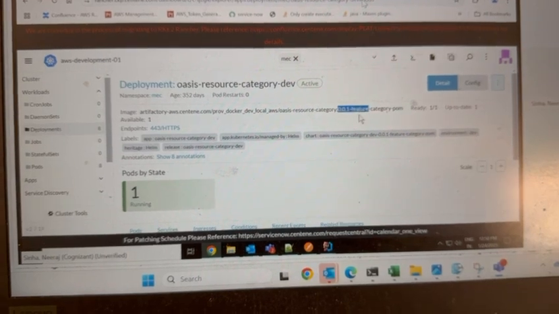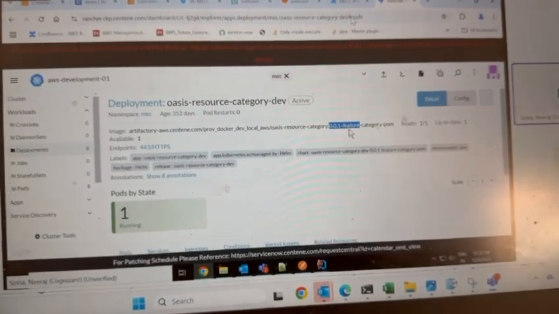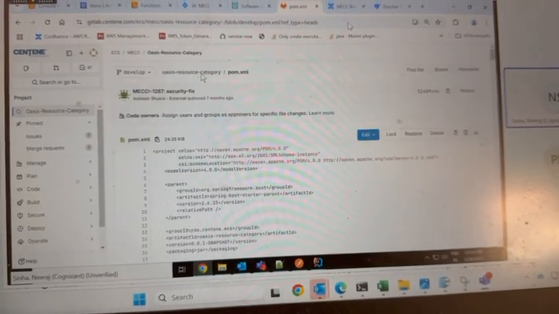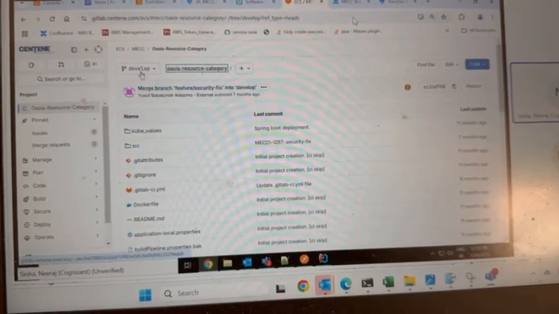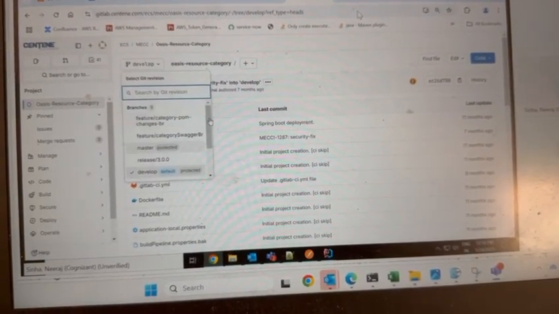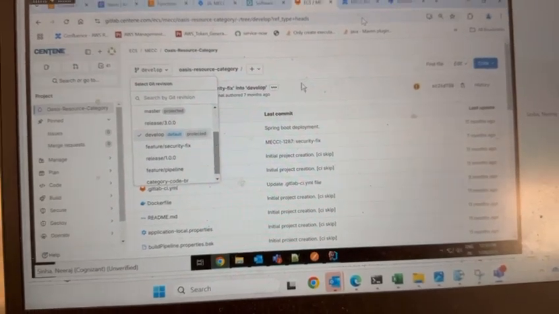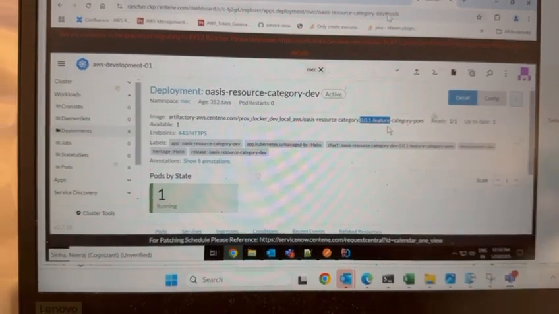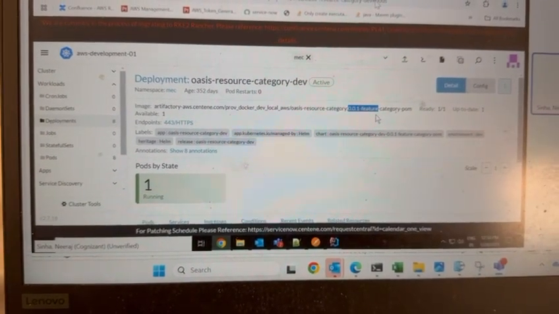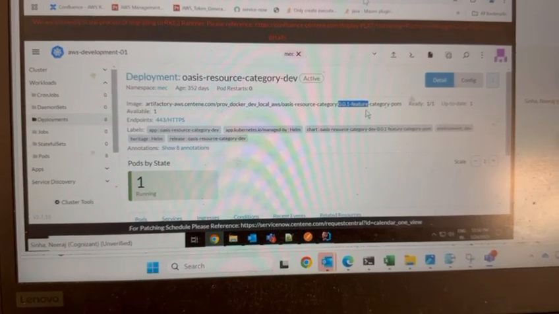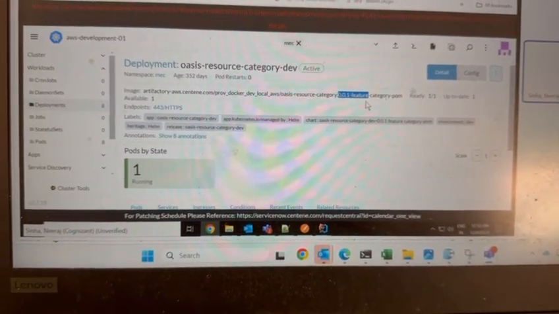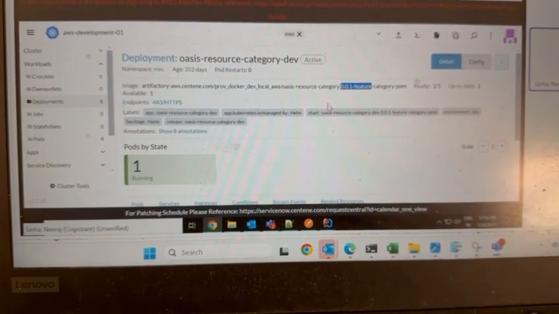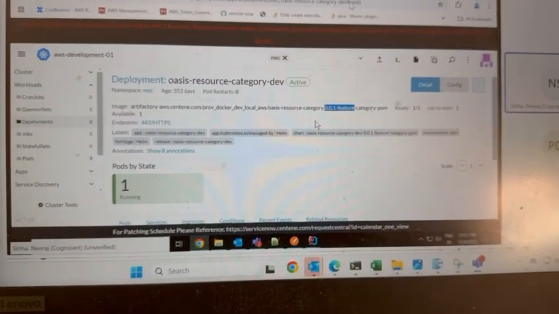this is basically the feature branch name. Feature branch name, this is. So let's go to the feature branch name. This 0.0.1, does it show if it is a hotfix or minor or major, something like that? No. This feature branch basically shows which branch has been deployed onto the Kubernetes for this particular service. The naming convention